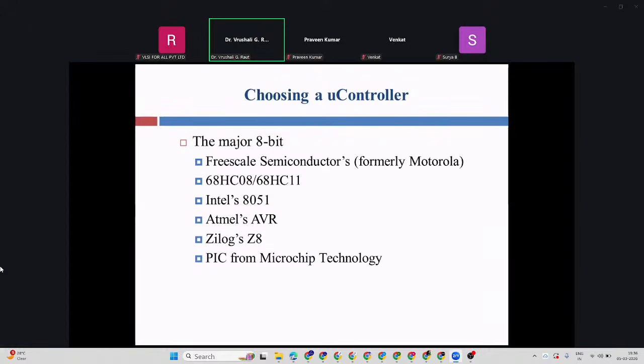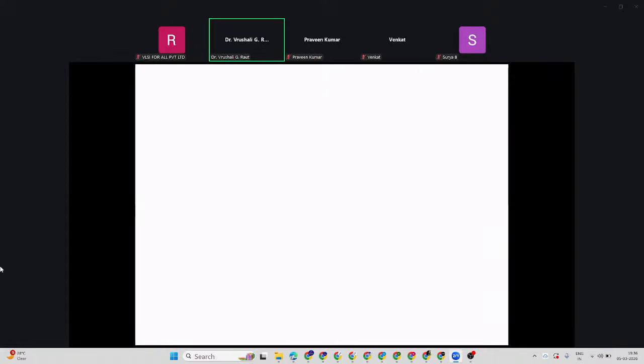Then, if they are there for comparison, how do you choose any one of them? Depending on requirement. If the requirement is sufficient that it will be implemented by 8051, you can think of going for 8051. If you need something advanced, you can go by the specifications or the features of this microcontroller, and accordingly you can think of a higher microcontroller in the 8-bit series. So that way, these many names are there. Okay. Now,